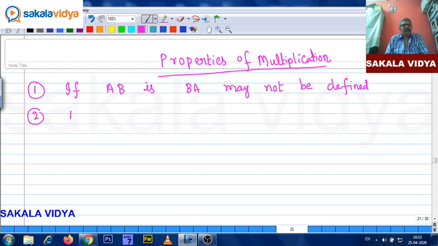So AB may not be equal to BA. That means multiplication of matrices, for conformable matrices, is not commutative,